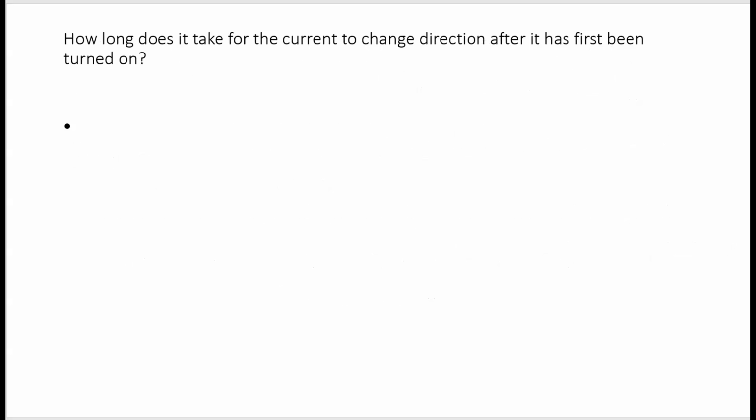The third question was, how long does it take for the current to change direction after it's been turned on? Now this is the question. If it's going to change direction, it's going that way and then it's going that way, so very briefly, it's got to be stopped. It's got to be 0. So at the very point that it's changing direction, A equals 0. So we just have to solve that. So we've got 10 sine 120 pi t equals 0, and we have to solve